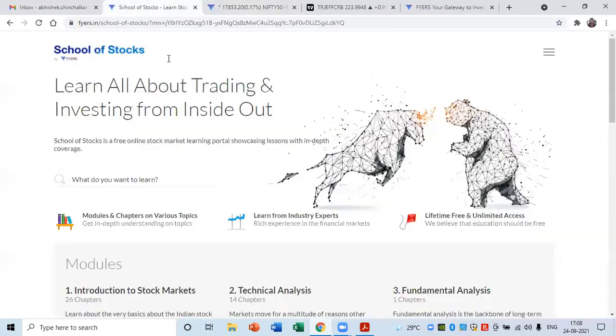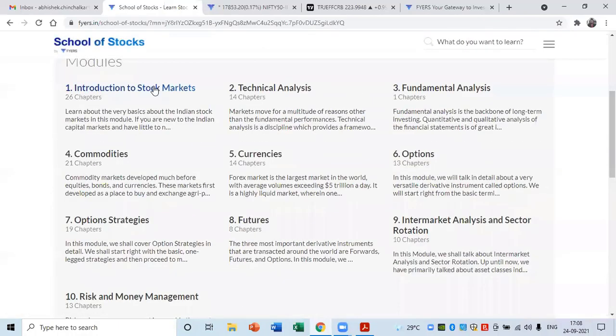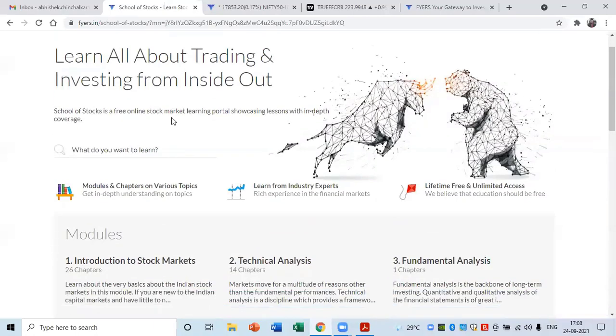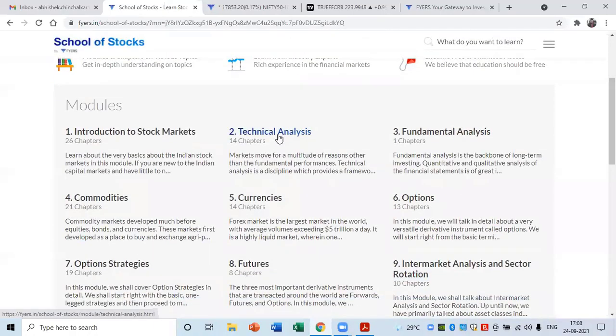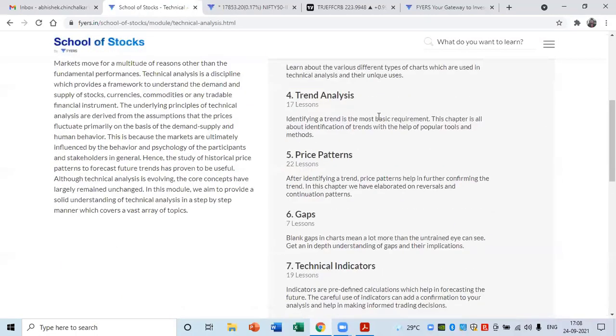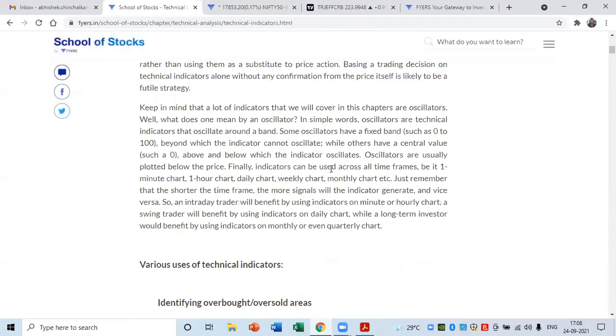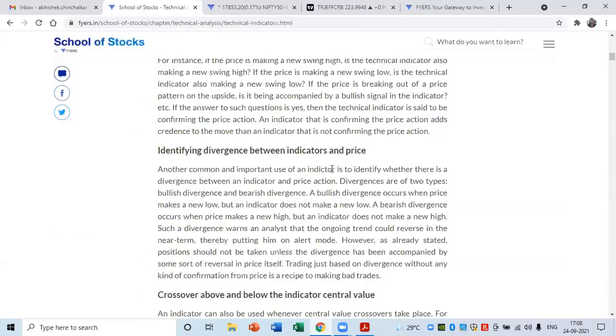Again, let me go to School of Stocks, because I talked about how to use hidden divergences to determine targets. So this is the homepage of School of Stocks. Within that, you have a module called technical analysis. Just click on that. Within technical analysis, there is a chapter called technical indicators. If you click on that and scroll down to the section on RSI,